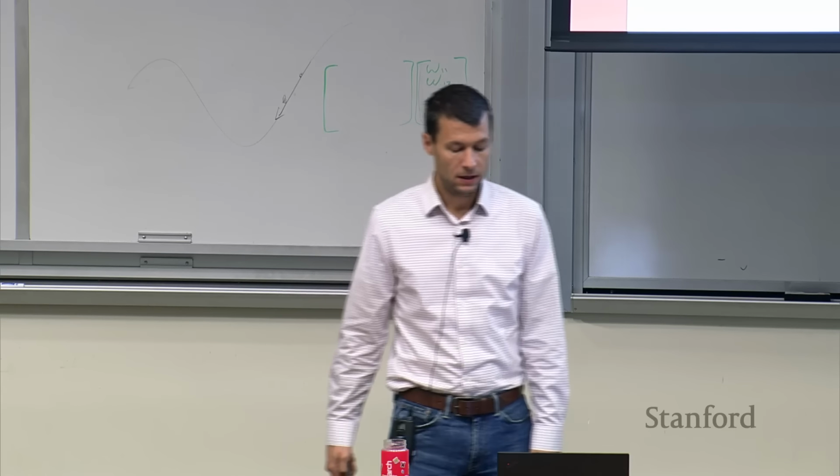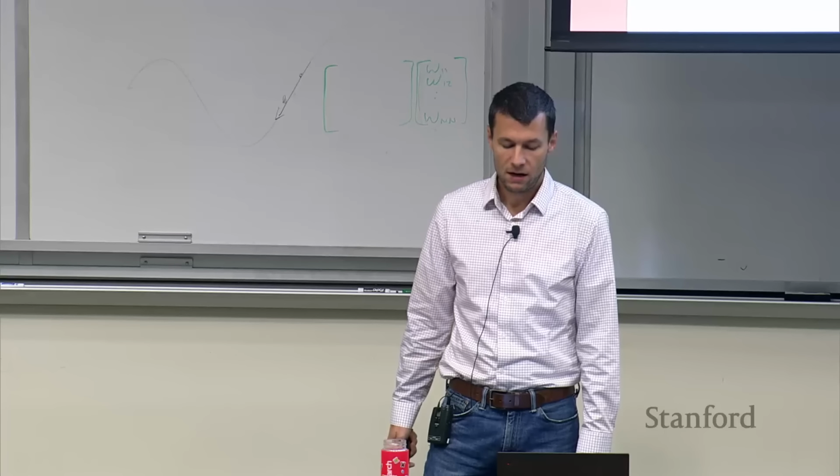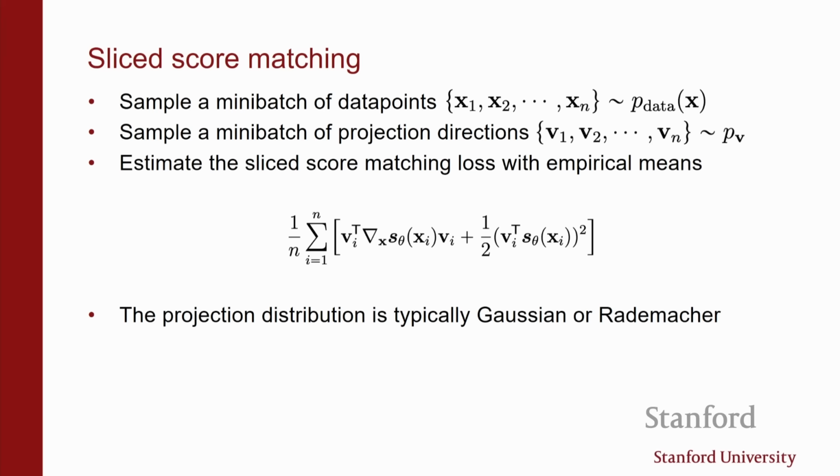Yeah, so basically these are essentially unbiased estimators of the original objective. You can also think of it that way. There is variance that you're introducing because you're comparing projections of the vectors instead of comparing the vectors fully, which is what the original score matching loss would do. And so that's the price you pay, basically. And you can use variance reduction techniques to actually make things more stable in practice.